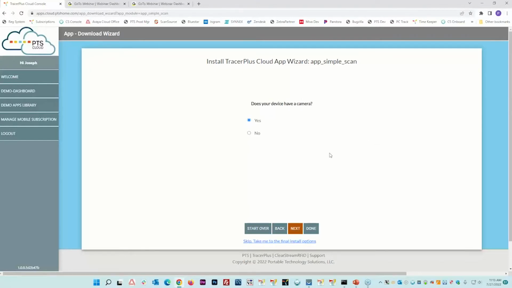It's going to ask if we have a camera or not. One of the reasons for this is that your typical Android phones, if you have a camera, have the ability to scan a QR code. However, if you're using a Zebra device or something from a different manufacturer, some of those cameras don't actually support the scanning of a QR code and would require a separate QR code scanning app. If I were to just hit next here,